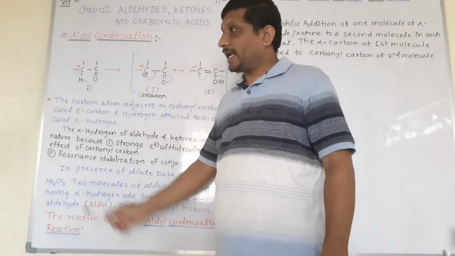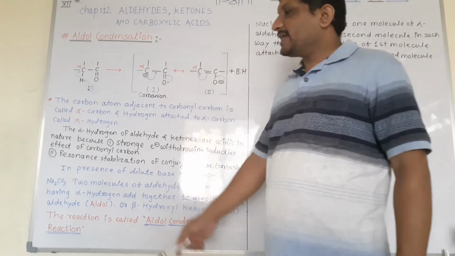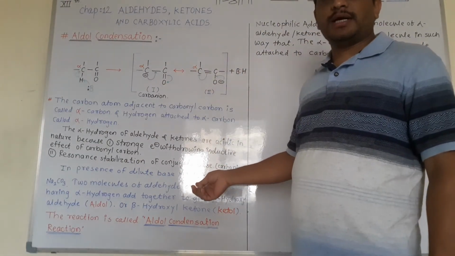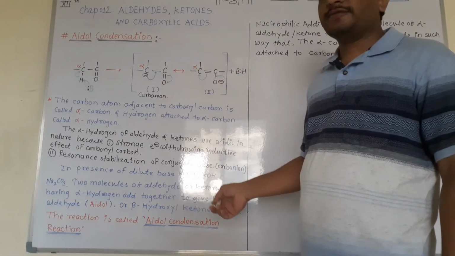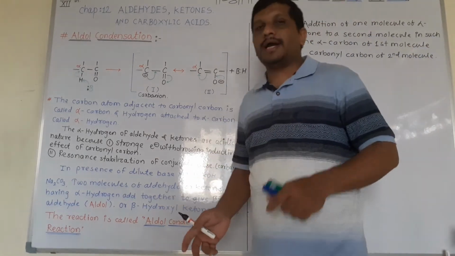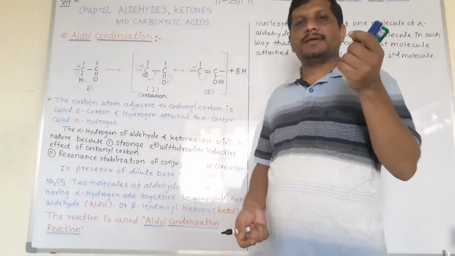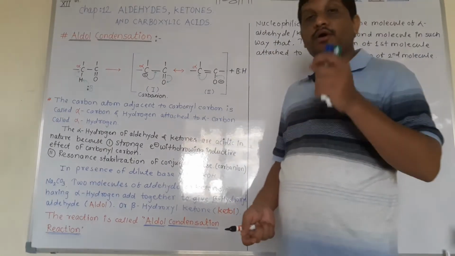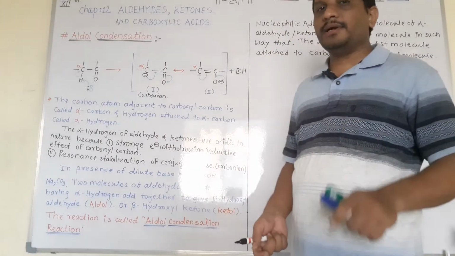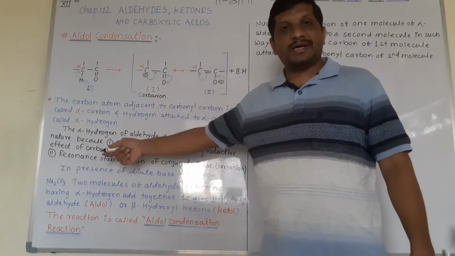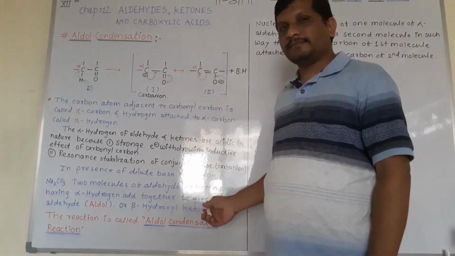It creates a good nucleophile on the alpha carbon, and this good nucleophile easily attacks the carbonyl carbon. That's why, with two aldehydic groups or two ketonic groups, one nucleophilic alpha carbon readily and directly attacks the carbonyl carbon to form the aldol condensation reaction.